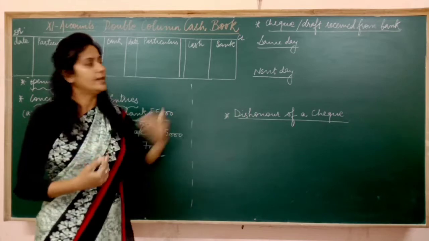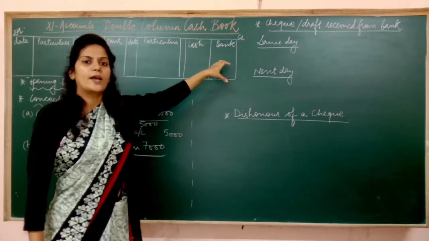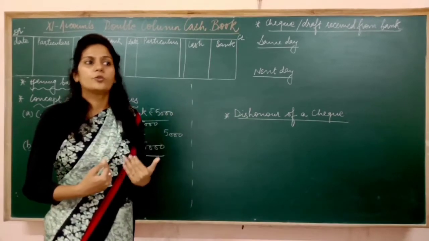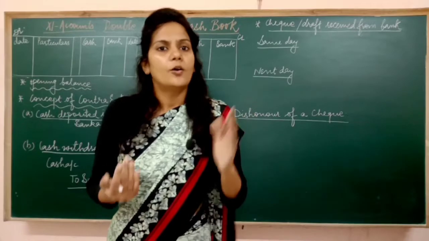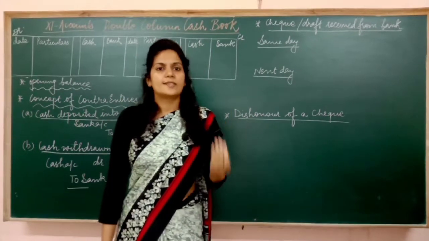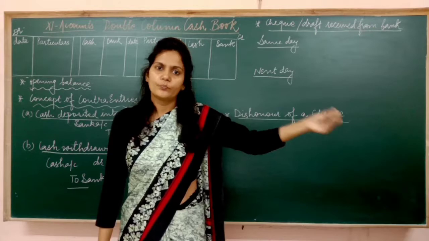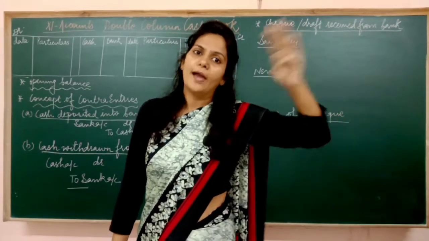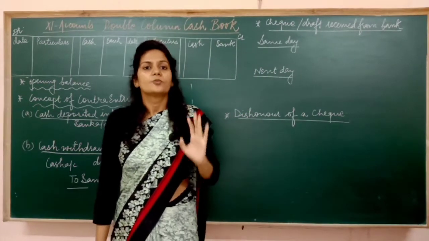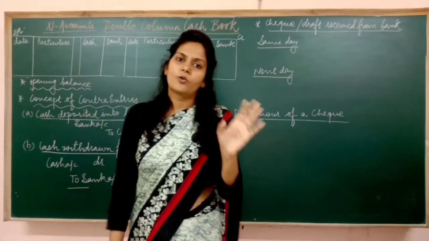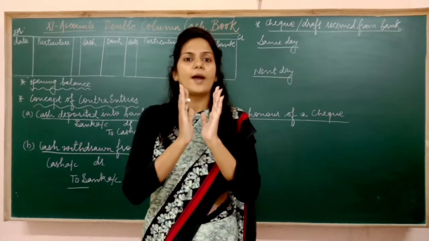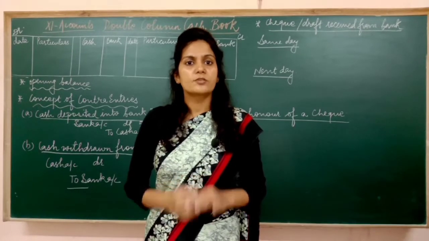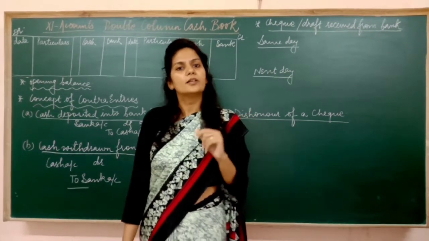I made a bank column in my books and recorded this transaction in that bank column. But I have recorded it, my bank doesn't know about it. Now after 2 days, 3 days, or even on the same day, whenever Ram will go to the bank and give this check to the bank, only then my bank will come to know about it. So the bank no doubt records transactions. The bank in which your business has an account is no doubt recording the transactions, but you should also have a record of the same.